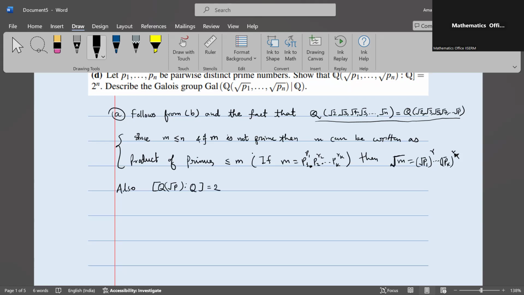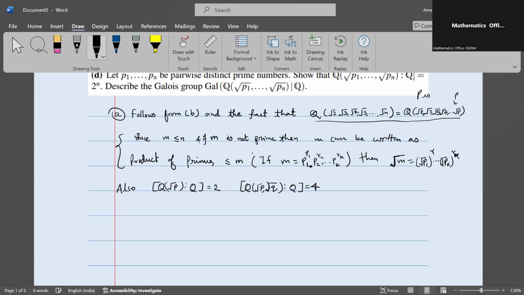And if you add extra primes, like we have already seen in the seventh week lecture, if you have a different prime q than p, then Q(root p, root q) over Q has degree 4. And so on. Here in this case, because these primes are different,